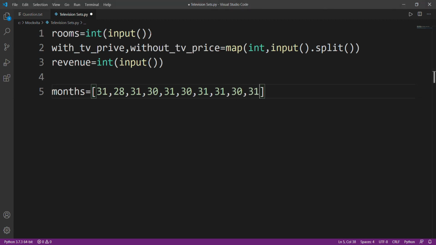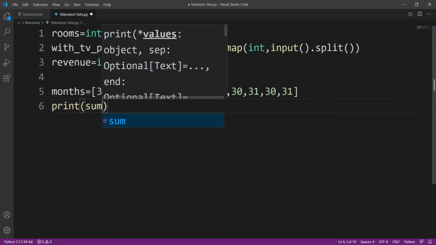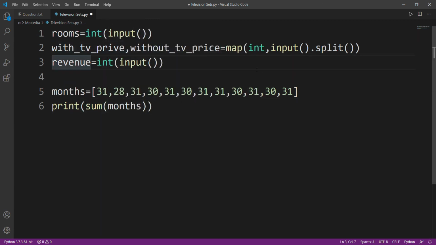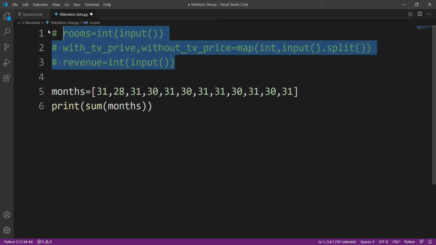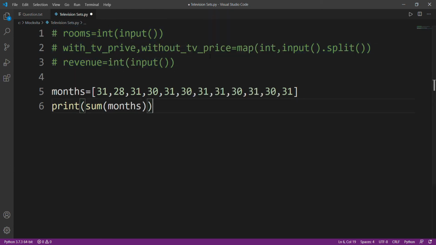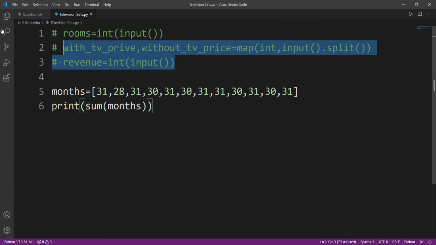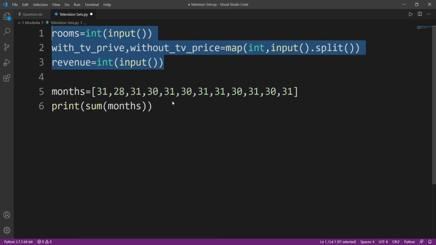After that, November will be 30, and December will be 30. Now I'll just check if my maths and the list that I've provided is correct or not. I'll comment this and I'll check it. You need to check it, because this might be a small mistake which can cost me my answer. 365, correct. Okay, now let's move on with this.